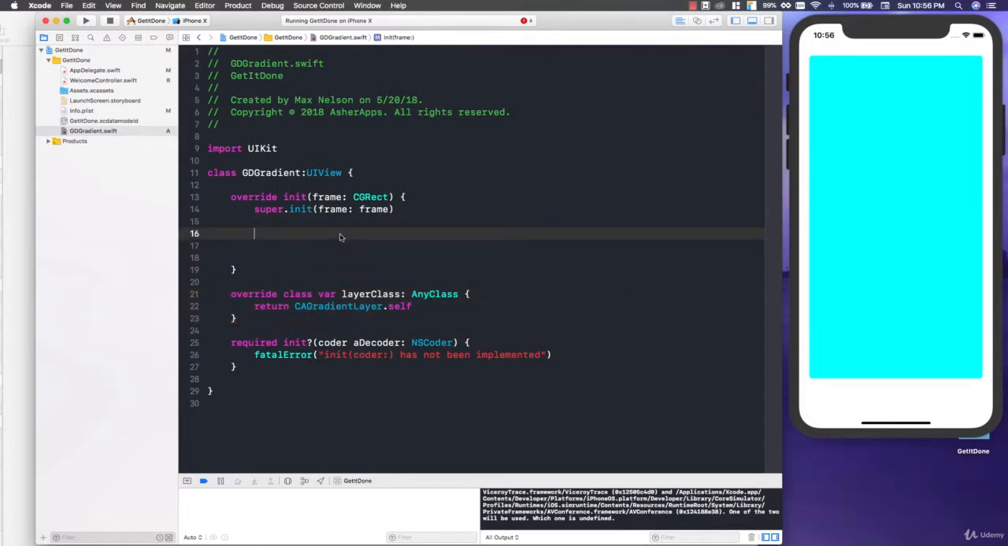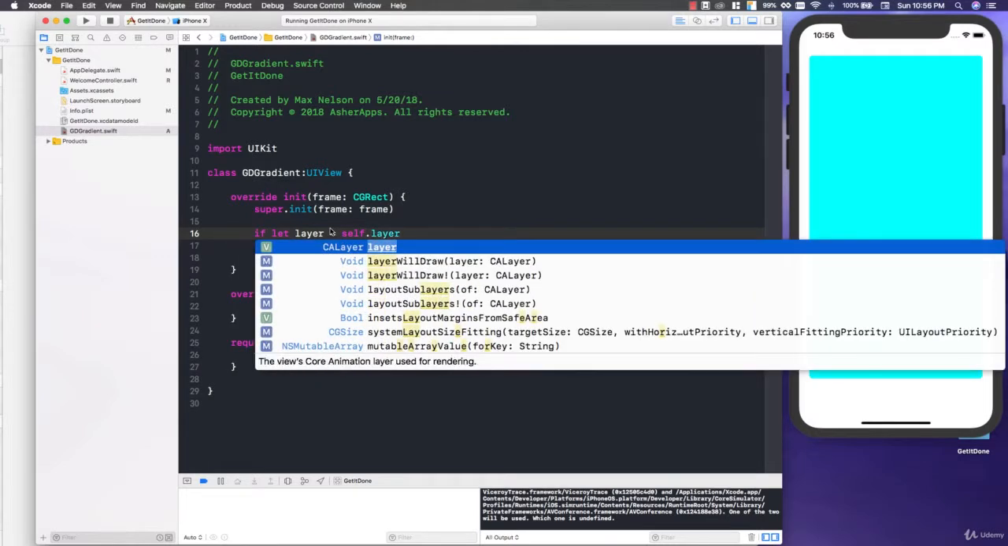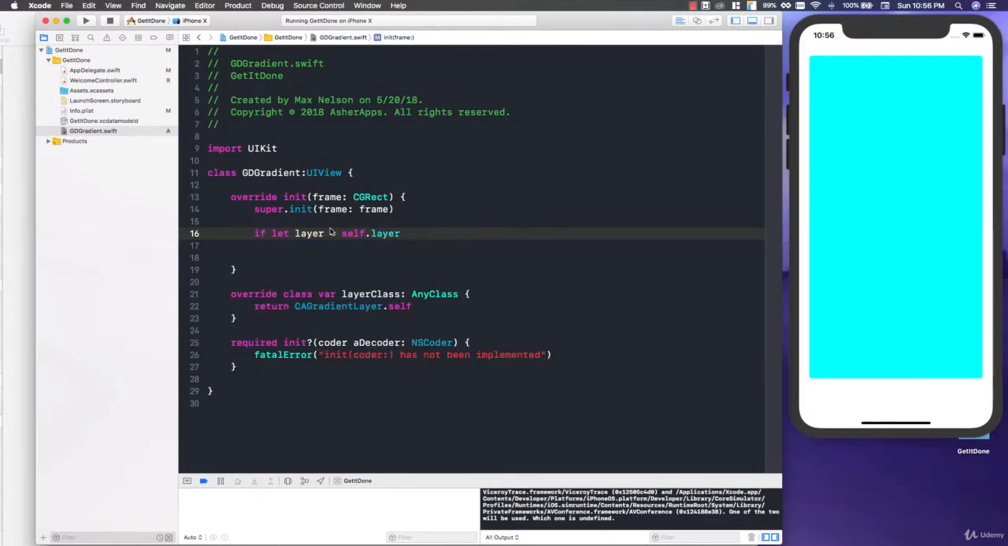Now with that, we can basically tell our class that it's of type layer. Now to do this, we just have to say if let layer is equal to self.layer. So basically all we're doing here is saying, okay, let's take layer and apply it to a variable called layer. The reason we're putting it in an if is because we're going to try and cast it as a CAGradientLayer. So we're saying as